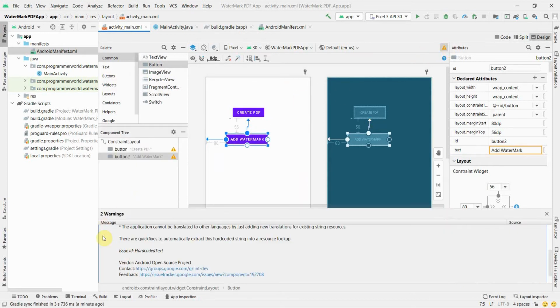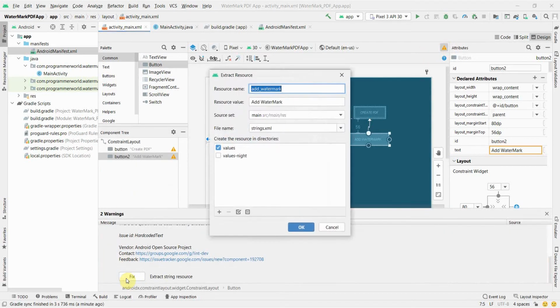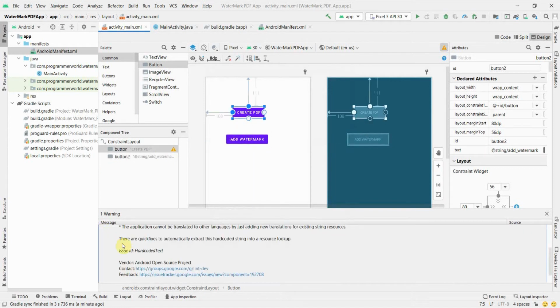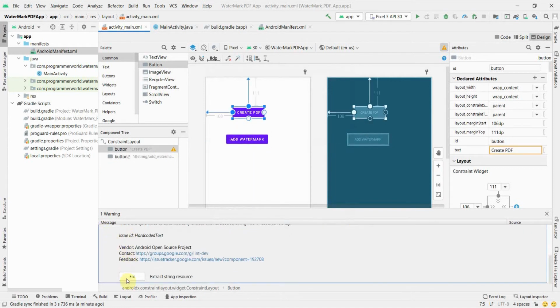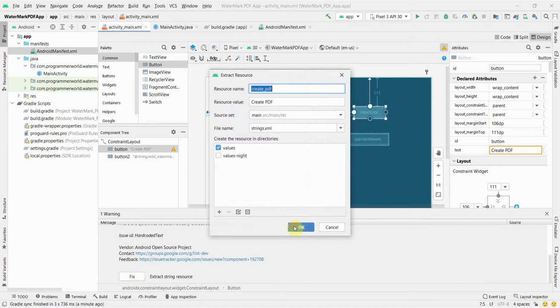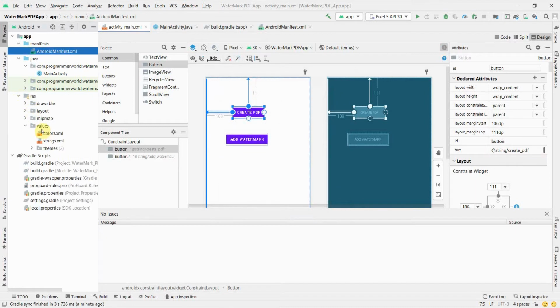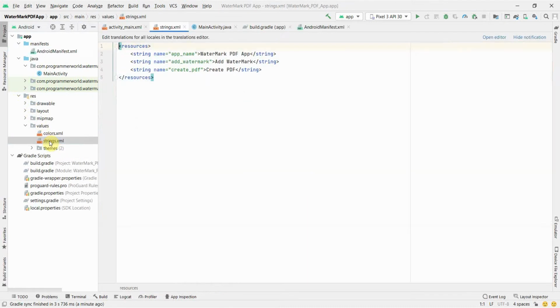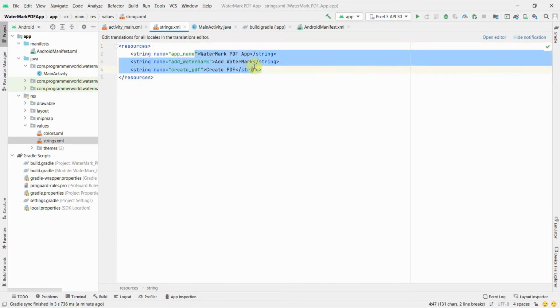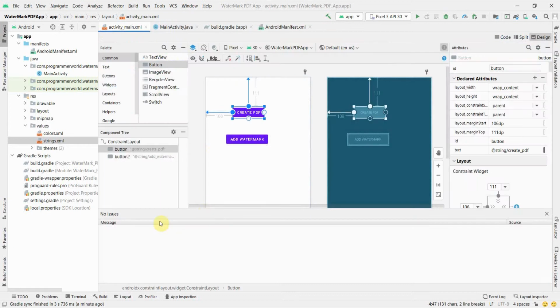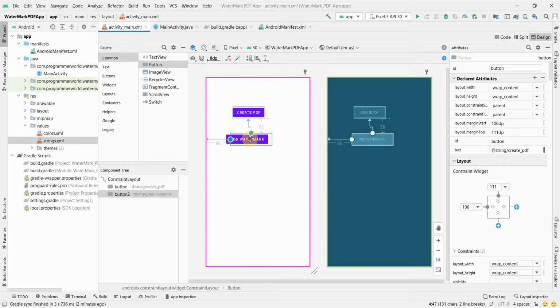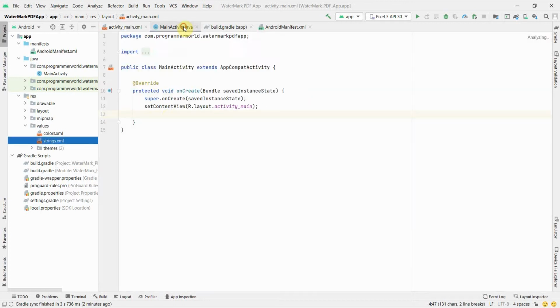Okay, so there are a few warnings. It's just for hard coded text. We can just click fix, and fix again. It will automatically create the respective values in the resource file. The values get created in this values folder. If you see this text what we added, it gets converted into a particular resource. Nevertheless, it's not so important to know this as long as you have fixed all your warnings. So more or less from the layout perspective we are done, and now I'll go to the main Java code.